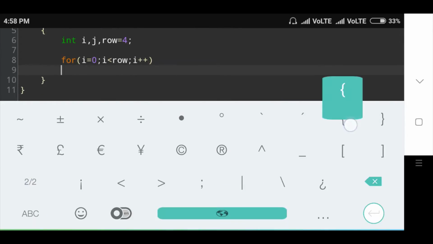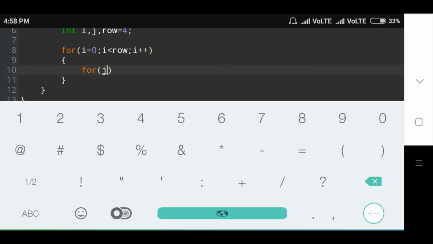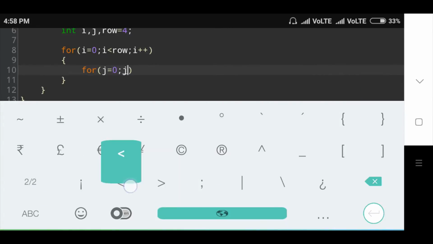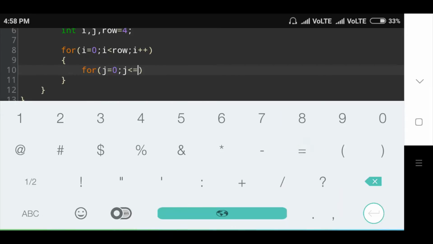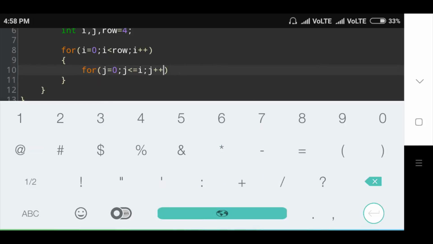Inside this for loop I will declare a second for loop, the j for loop, in that j is equal to 0. Initial j value is 0, j is less than or equal to i and j plus plus.